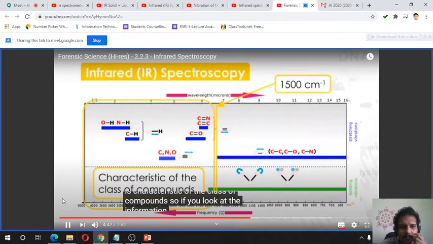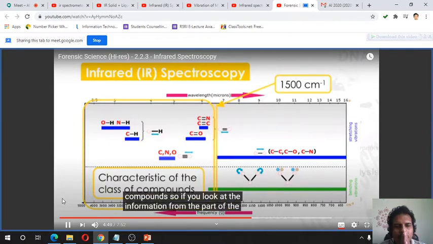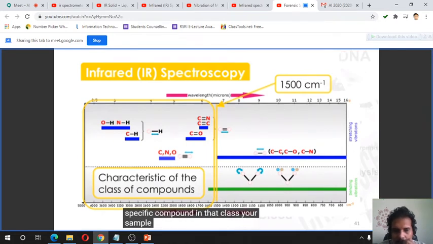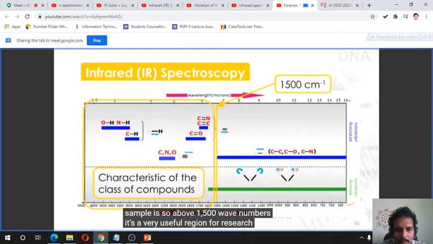So if you look at the information from the part of the spectrum above 1,500 wave numbers, it tells you about the class of compounds to which your sample belongs. It's not very helpful at telling you which specific compound in that class your sample is. So above 1,500 wave numbers, it's a very useful region for research chemists. But it's not a very useful region for forensic scientists, because forensic scientists want to individualize their compound down to